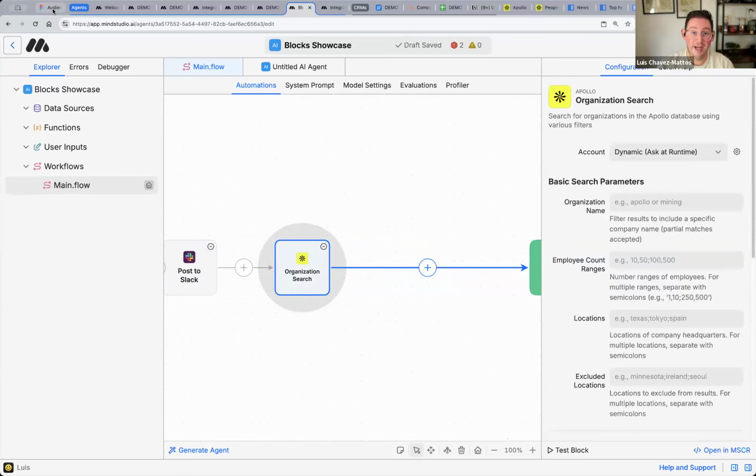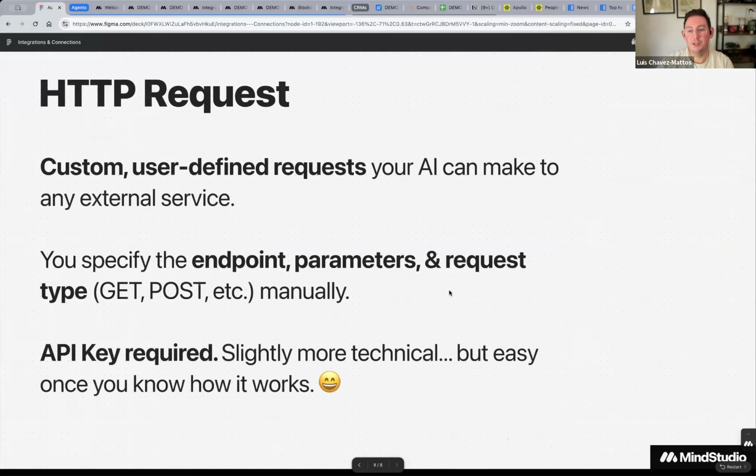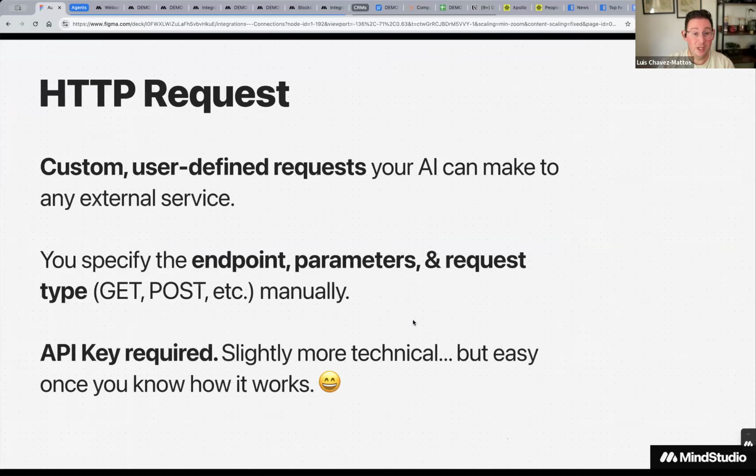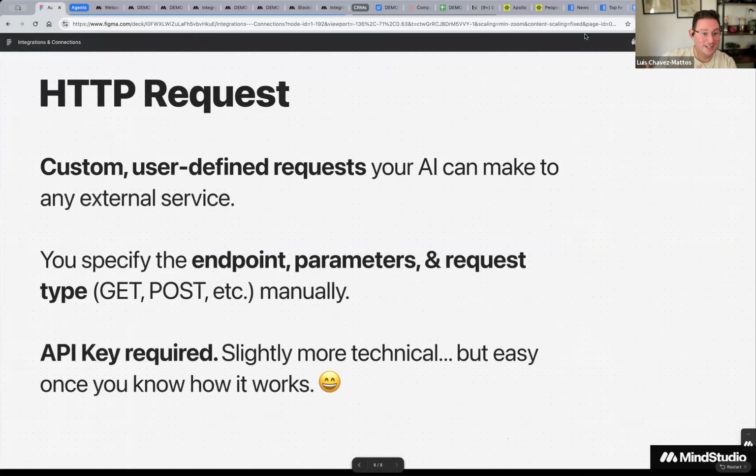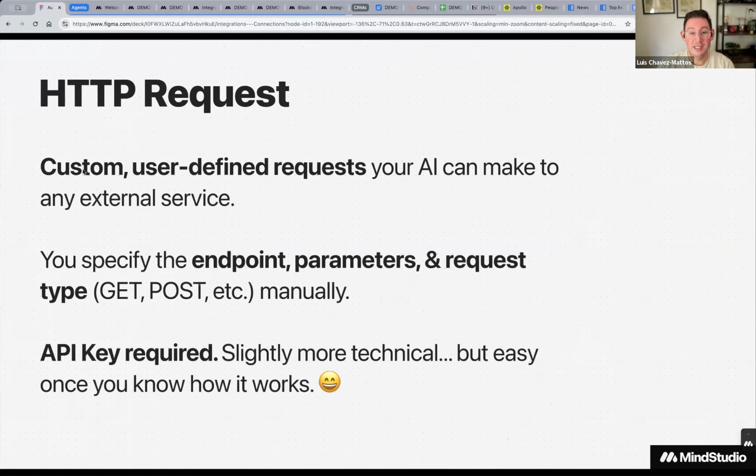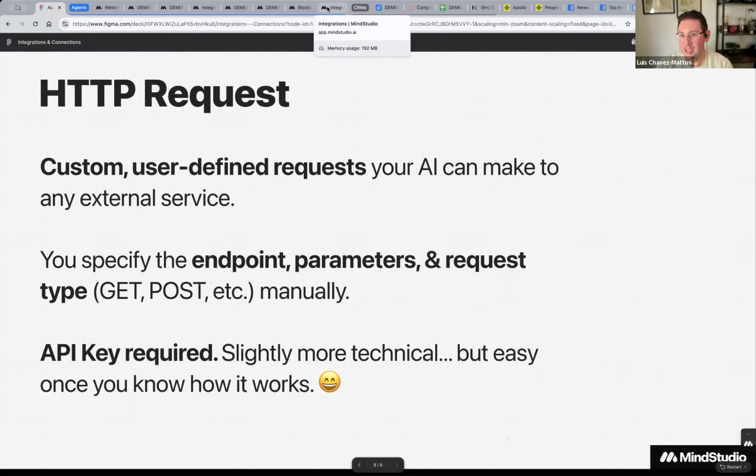The third and final type of thing that we need to understand, like the very small difference, is the HTTP request block. And what this block does is it makes an API call directly. So we have not taken the time to go through the API, go through all the endpoints, and make a nice configuration interface. But that doesn't necessarily mean that you can't access that service. You totally can. And when you use the HTTP request block, these are all custom and is all defined by you. And we make it a little bit easier. We have some abstraction to this, but it's not 100%